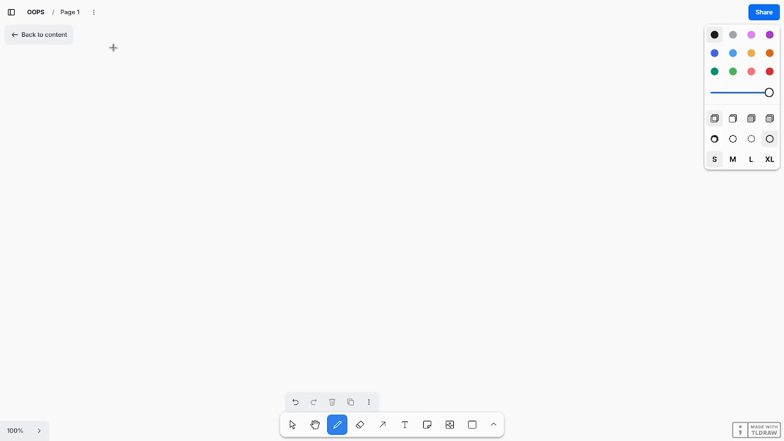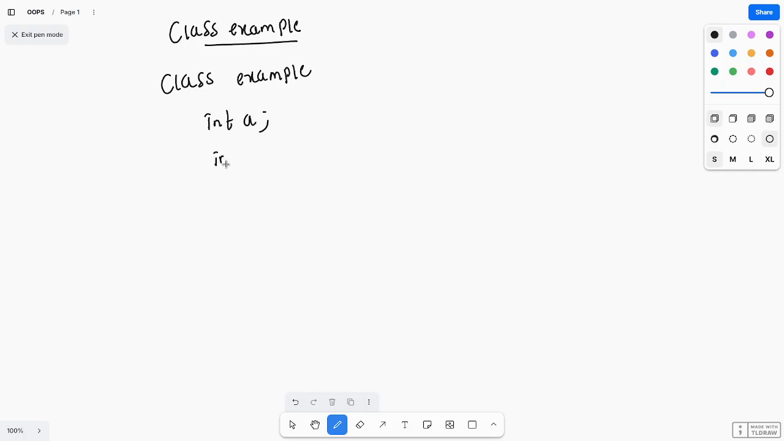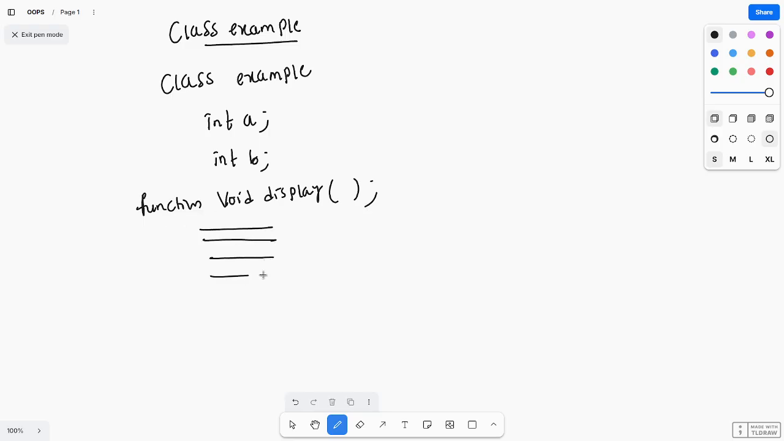Suppose you take a class example. I am declaring int a, int b, and I am writing a function, void display. This is my function, and I write some piece of code, and next end function